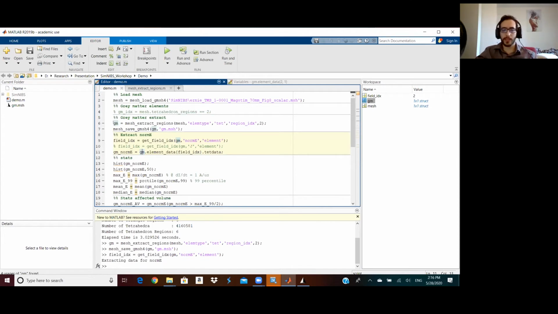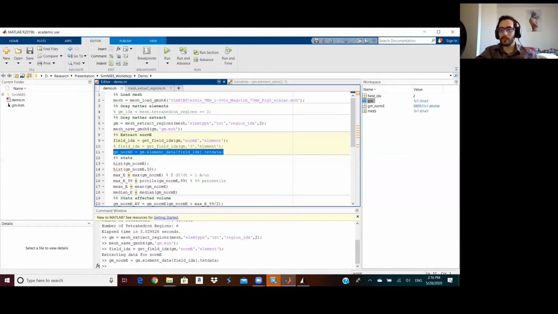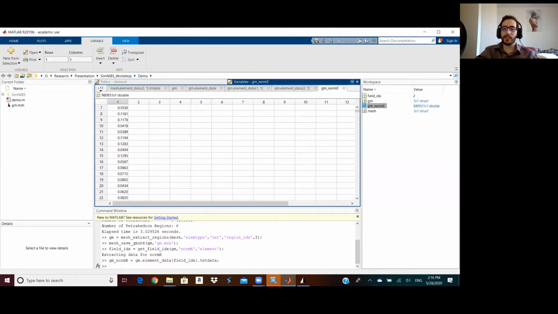I start with the gray, the mesh variable that I had for gray matter. I want to extract the element data. The field index corresponds to the norm E that I just found. And then I just want to look at the data at the tetrahedra, so I will say dot tet data. And if I run this, it will give me a variable that shows the electric field throughout the gray matter